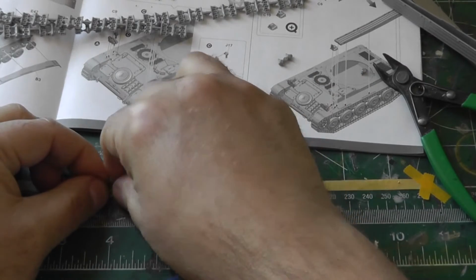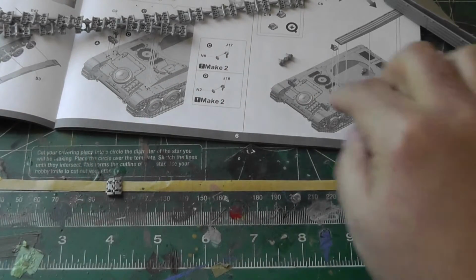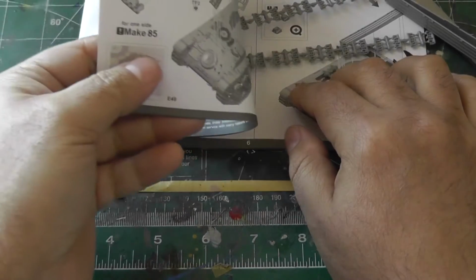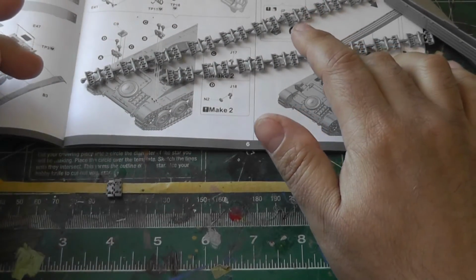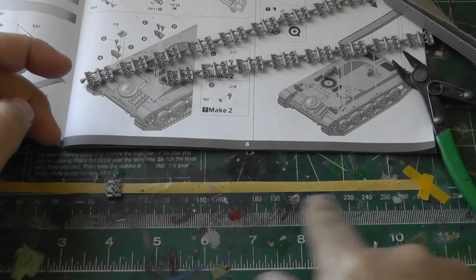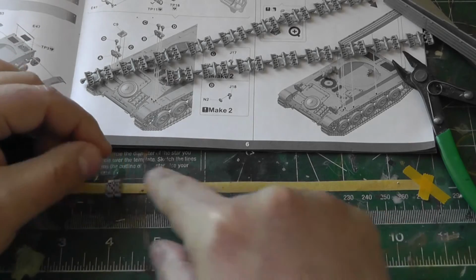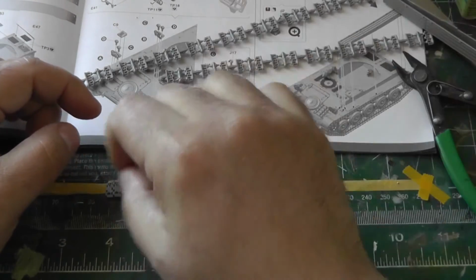And I just start attaching them as such. So I did it calls here for 85 pieces. So I did about half of them, so about 42 or 43 pieces. So I did about that length, laid it all down, took just Tamiya thin, just laid it on each joint,